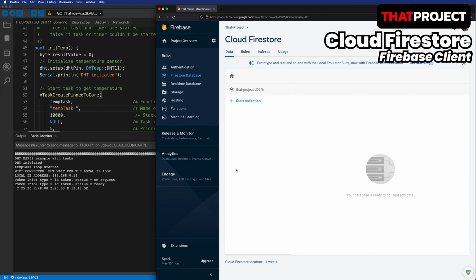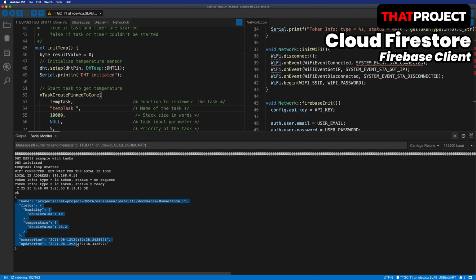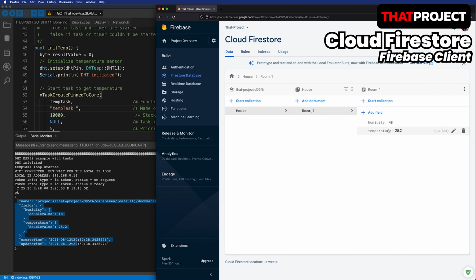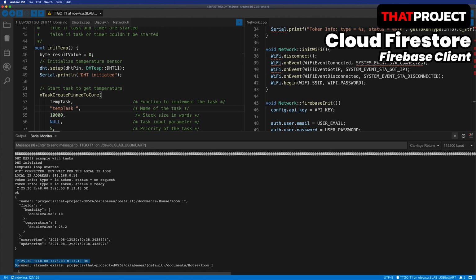The current temperature value has been updated and the data also has been updated to Firestore. In the console, we see there is no problem and it's okay. Let's reload the Firebase page again. House, room, humidity, temperature. The Firebase collection document was created. In the console log, it said that it already exists when it tries to create it again. Smart boy. It seems necessary to modify the code so that it can be updated.